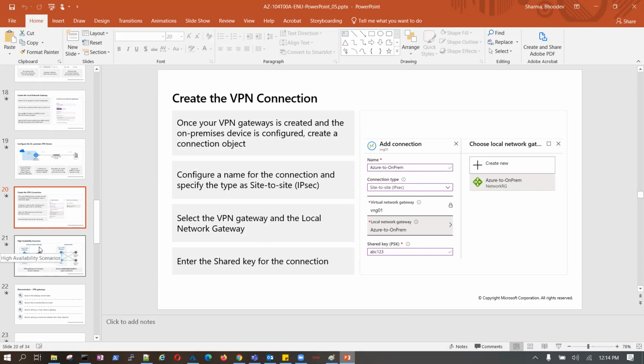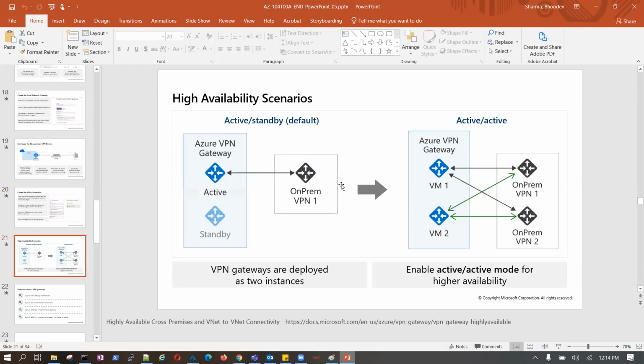Coming to the typical high availability scenarios. Now you have active and active passive standby, right? Here we have an Azure VPN gateway, which is in active standby mode.